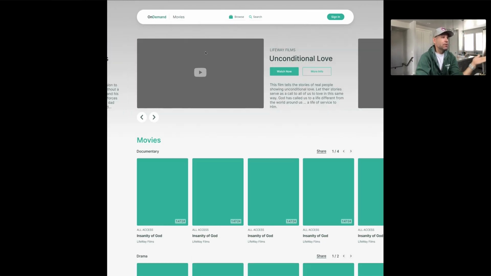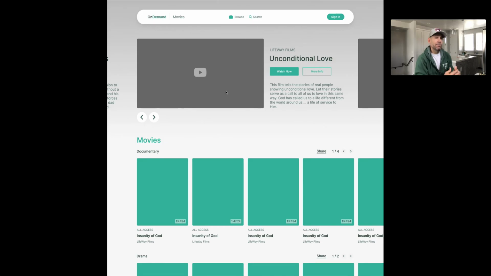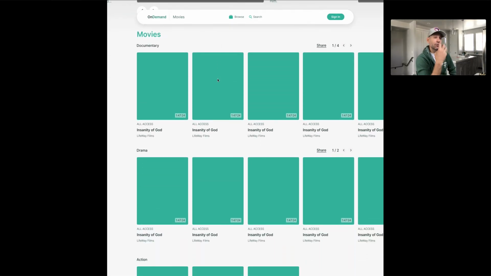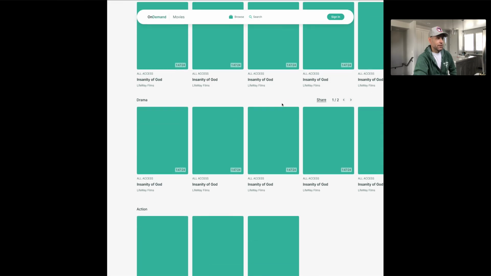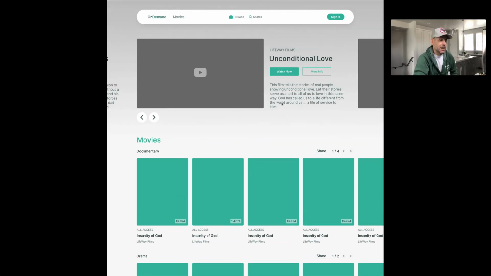So if I go into movies, I would go to a movie page. Up here it says movies, and it would be more like a preview. I could actually play a preview from here, and I could go to that product page to watch that movie. Again, it's got a strong focus on movie posters. So you've got these movie poster carousels of all the different types of movies or films that Lifeway may be creating,